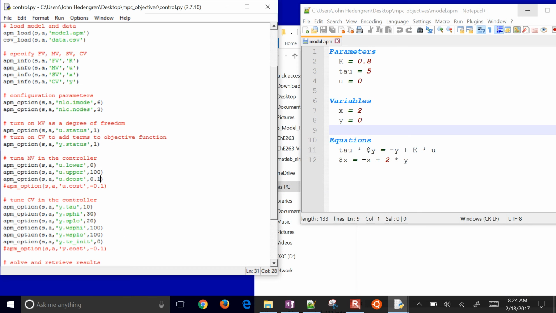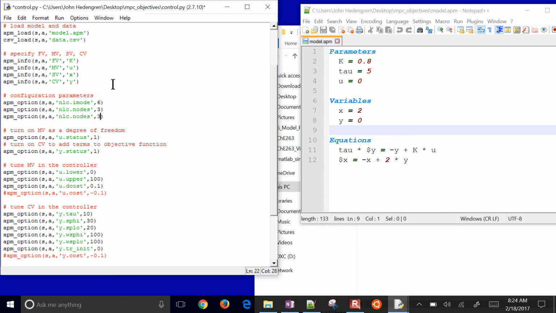Okay, so to change it to a squared error form, you just have to change one parameter, and that is going to be this one, where it's going to be CV type. So if you change it to a 1, that's going to be an L1 norm. That's what it is by default. If you change it to a 2, that's going to be a squared error. So if I run this again,